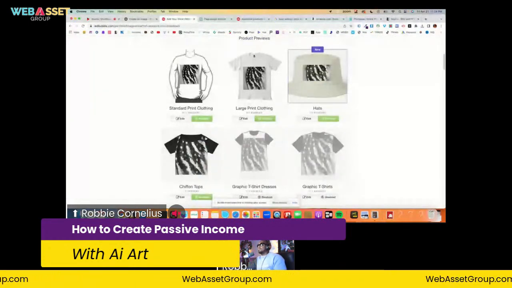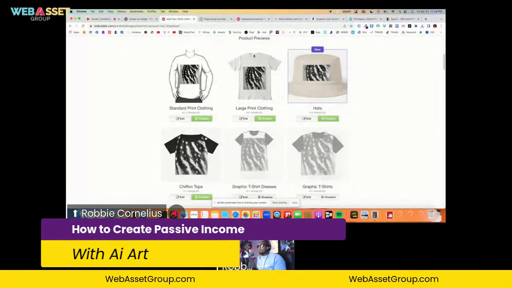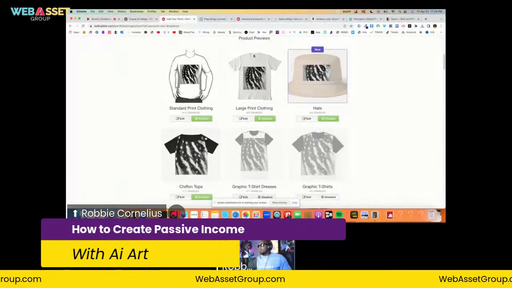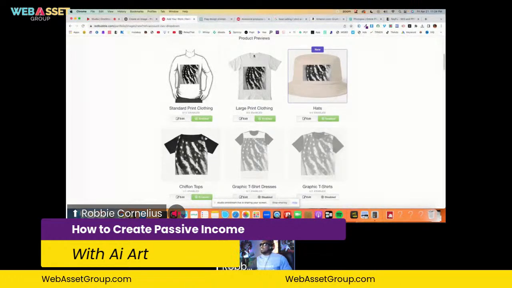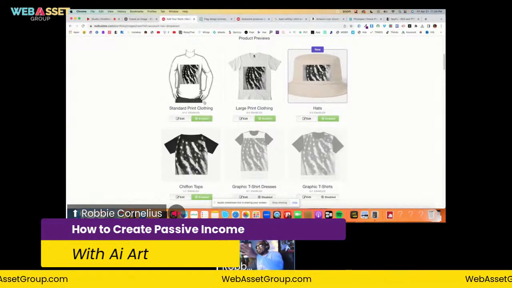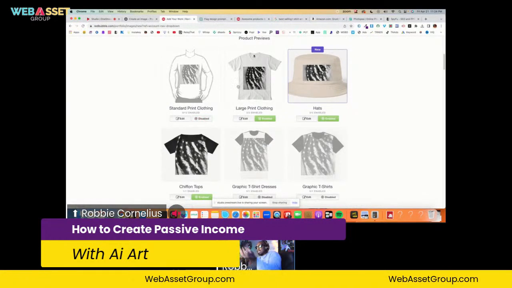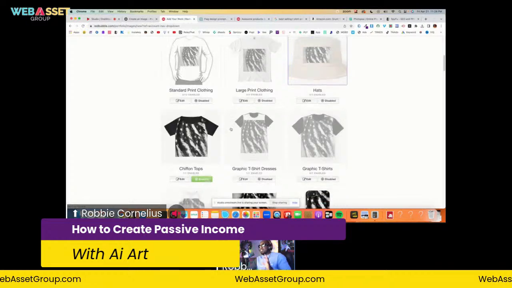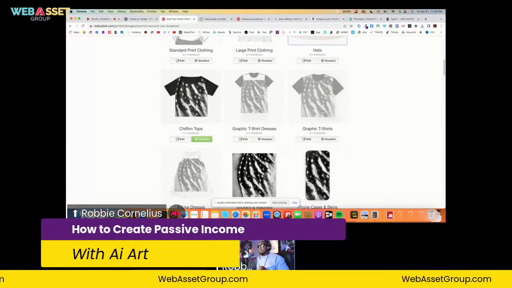And now Redbubble, using their AI technology, has already placed this item on multiple products for me already. And I can go through here and select the items I want it to be on and unselect or unclick the items that I don't want it to be on. For instance, to me, it doesn't look good on this shirt because it's got that square outline. I don't like it on that one. I don't like it on that one. But these down here, now we're looking good.